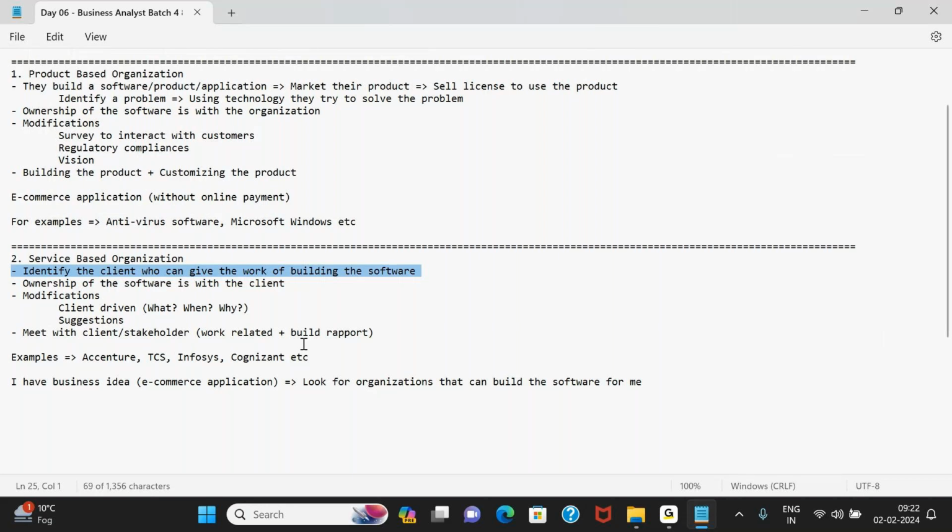Because some of the people, what I have realized or seen, are confused. They think that as a business analyst, we need to get the work. So in Monday's class we will look at the pre-project activities that are done before a business analyst starts gathering requirements,